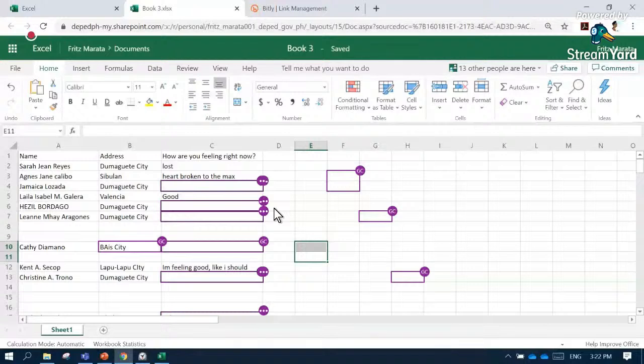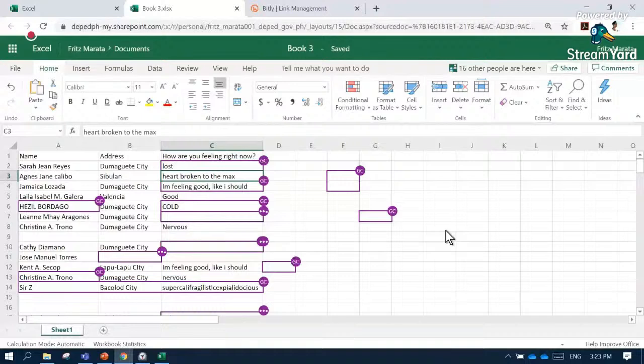That's good, Ma'am Laila. We have Ma'am Hazel Borgado from Dumaguete City, and she's feeling cold. Is it because of the temperature there, or something else? Okay, so we also have Ma'am Lian May Aragones from Dumaguete City, the same, and she is still typing.